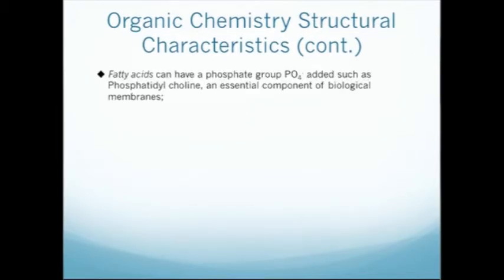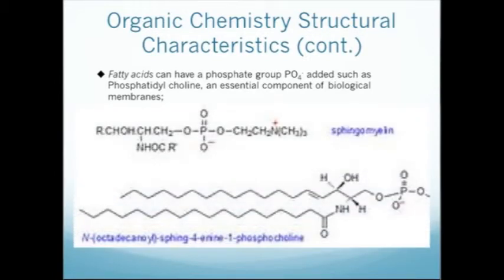Fatty acids will have a phosphate group added at one end. So phosphatidylcholine is an essential component of a biological membrane. And this is what these look like. You can see the phosphate group, and this one in the middle is a sphingomyelin, okay? And if you look below, you can see another compound where they've just sort of folded